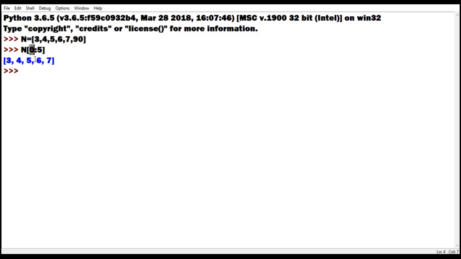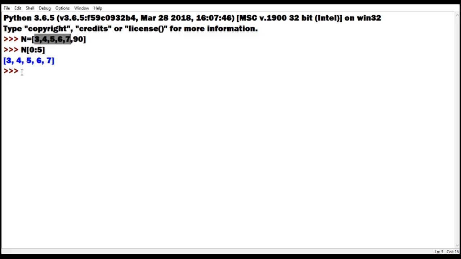Cutting of the list will start from 0 and stop at stop value minus 1. So till the 4th index, always we give one extra index at the stop place. So stopping at the 5th index means it will slice 0 to 4. Start value is 0, stop value is 5 minus 1, that is 4. So 0 to 4 we are getting 7. So this is list slicing.